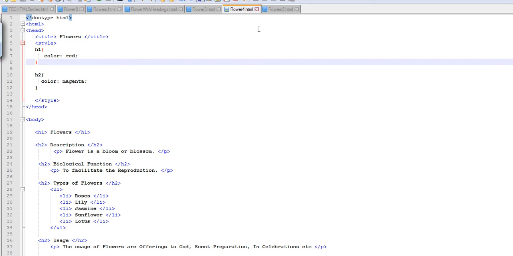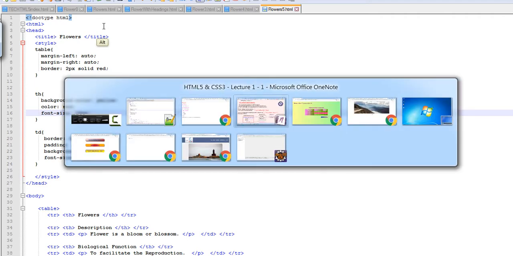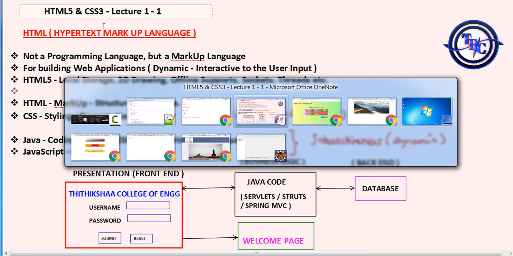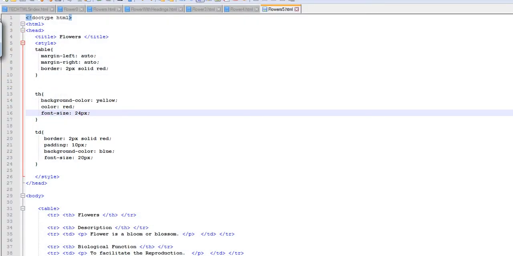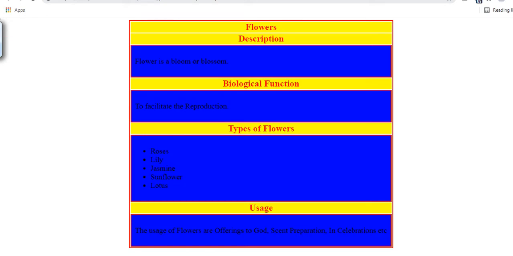Now the teacher says this is also not looking that good. Go for a better code. So now she is using a table, like this.